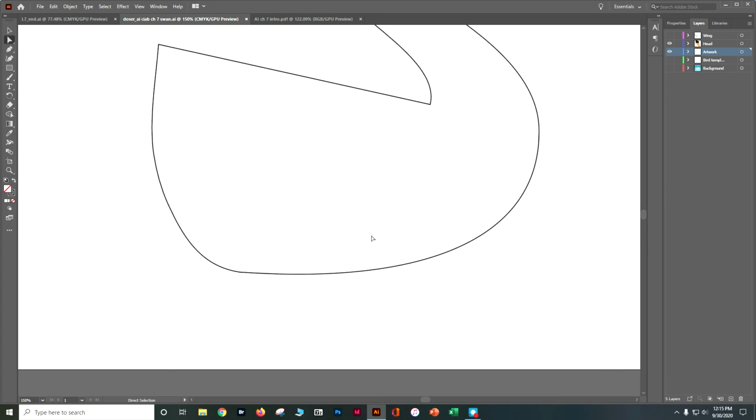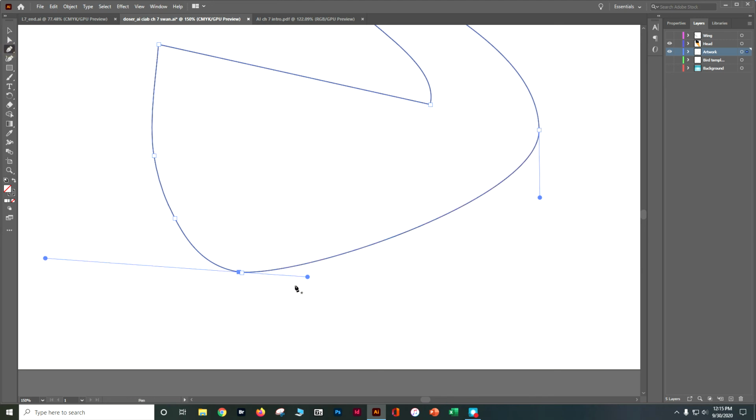So with our direct selection, we're going to go ahead and grab this path. We're going to grab one. Oh, we need to add one more point. So let's go to our pen tool and add one more point right here on our path first. Grab this, undo. Let's go with our direct selection tool, grab this anchor, and let's shift and grab that anchor